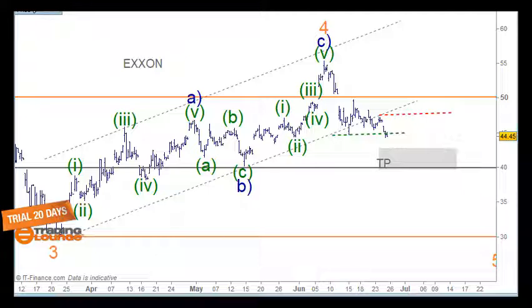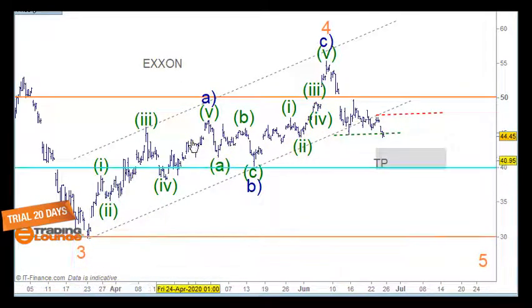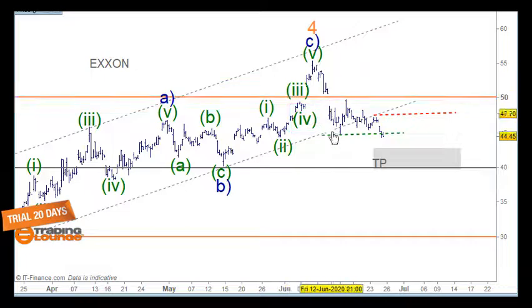Starting with Exxon, it's in front of us here. I'll leave it really quite simple. We've been looking for Exxon to have a corrective rally, from wave 3, an A and a B and a C for wave 4 here. We noted that there was an impulse wave down last time we spoke, so we put an order to